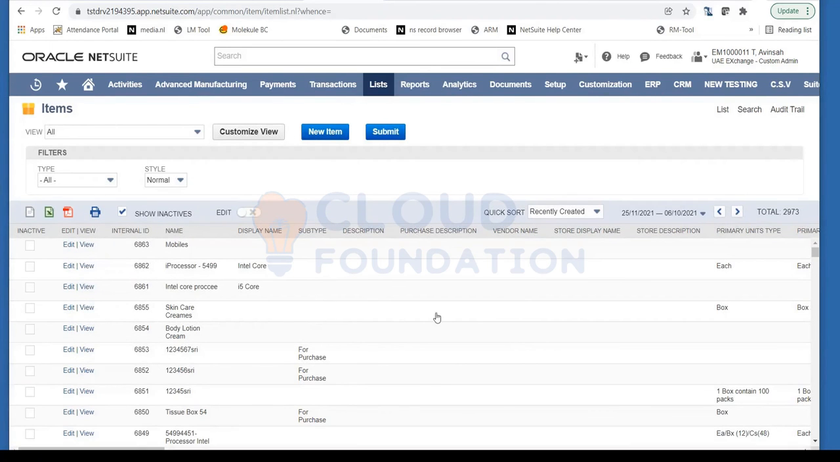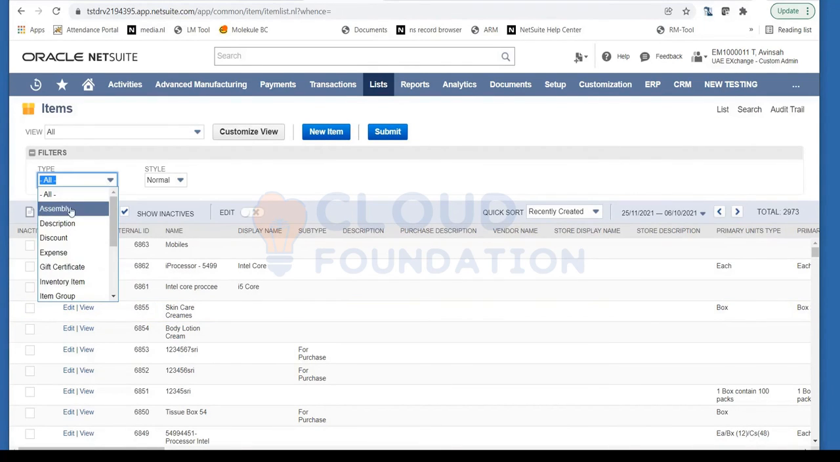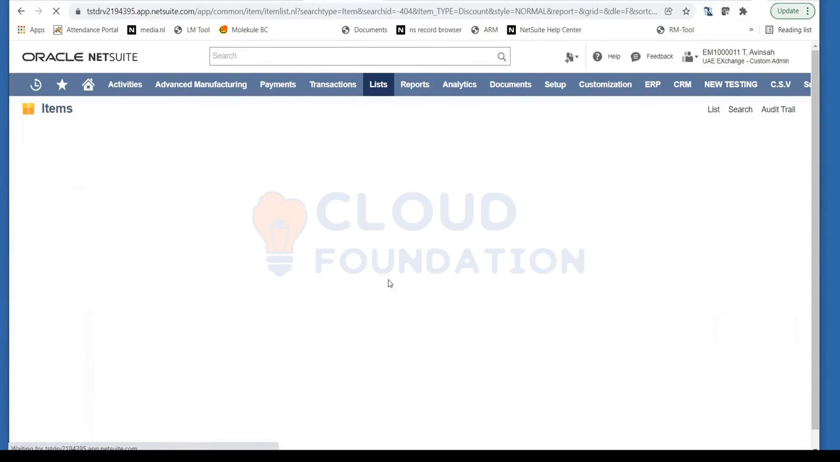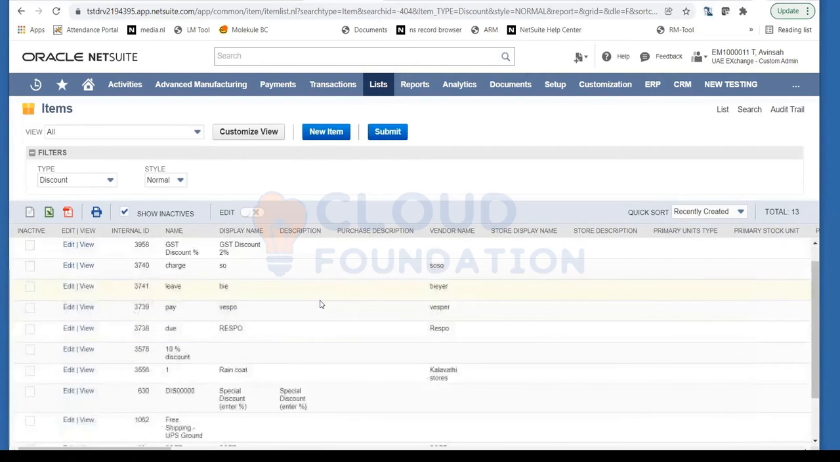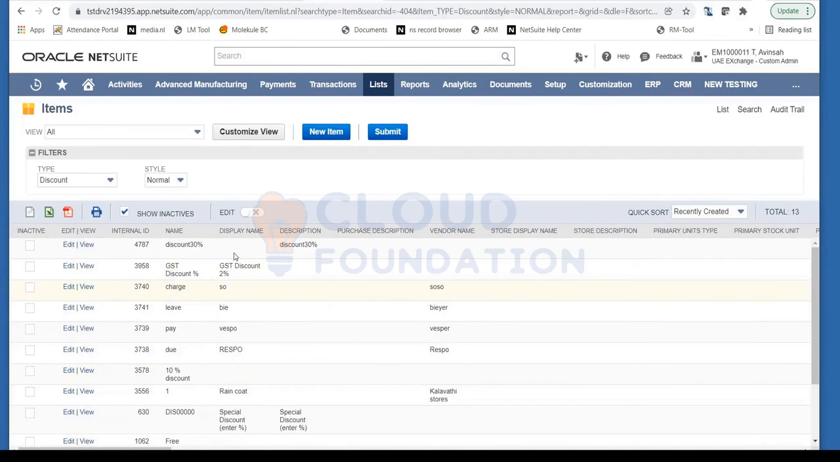Here notice that these are all the items. And now I want to see what are my discount items. Here you can see there is this type filter. And I can select my type as discount. Now you will be able to see all the discount items that are created in your account. These are all the discount items that I have. And you can filter this to see all the expense items. While creating items,